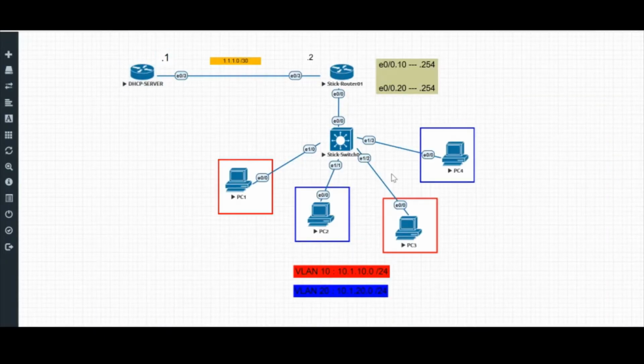In this lab, we're going to do a basic router on a stick, 2 PCs per VLAN. Got a /30 space here, 1.1.1.0/30, .2 on this side, .1 here. We're going to do DHCP to give the IP addresses to these PCs, but we're going to put the server over here on a different network